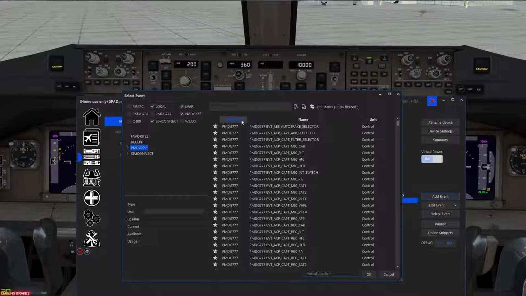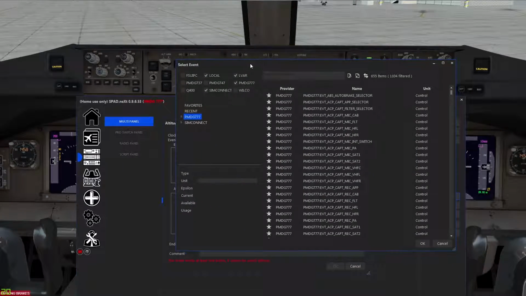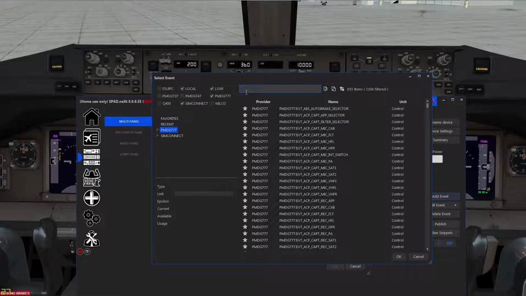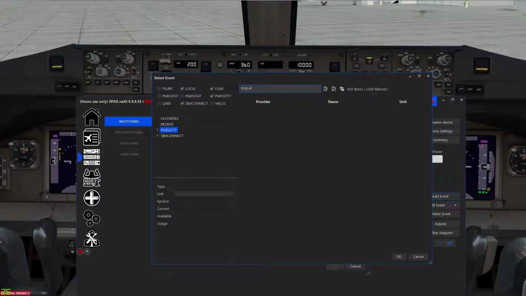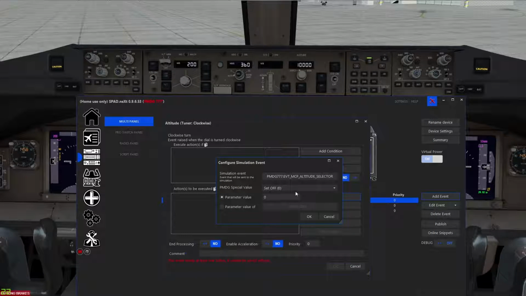Then it would have been PMDG, and we would have typed in MCP, not dot, underscore altitude selector. So we would have selected the altitude selector, and now from the drop down we're going to want to select